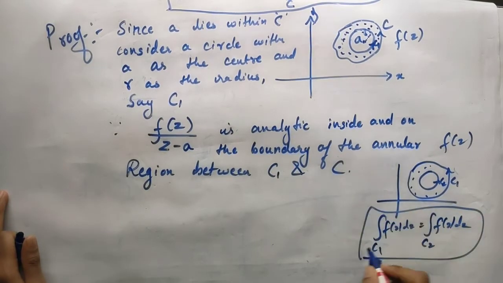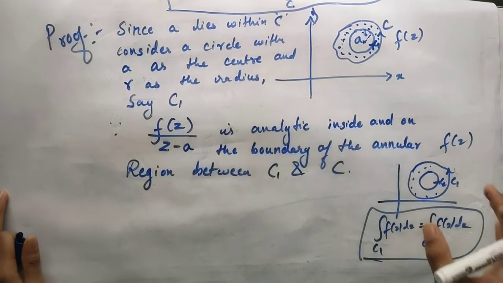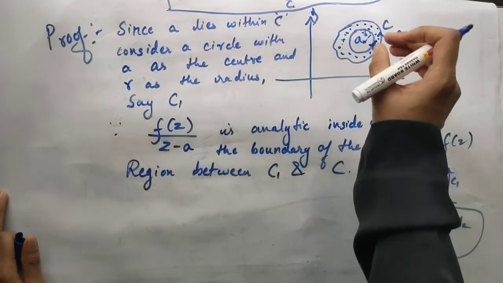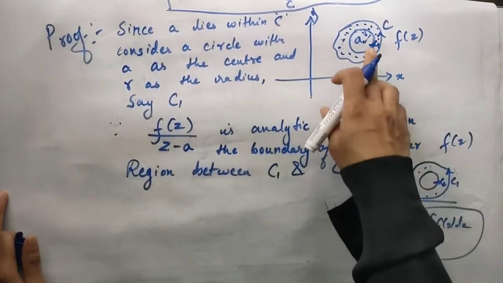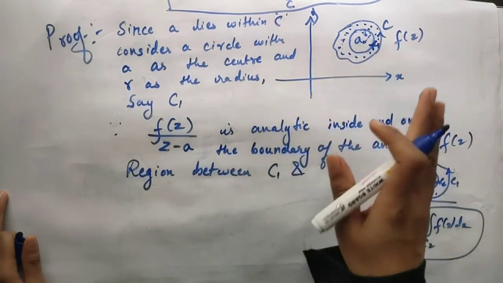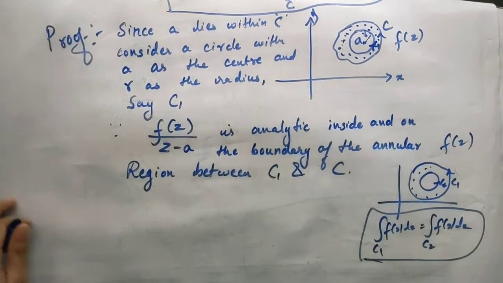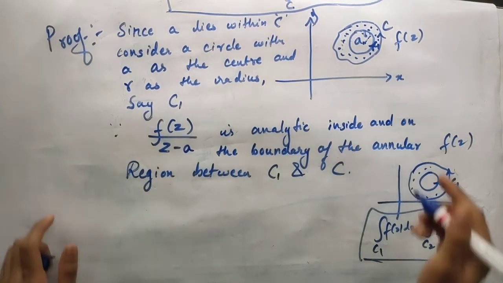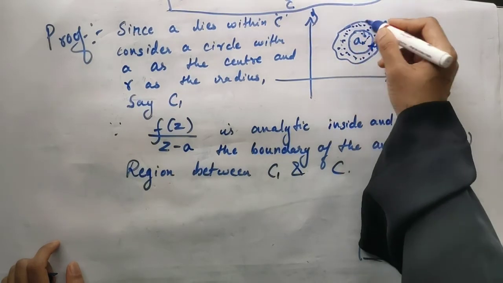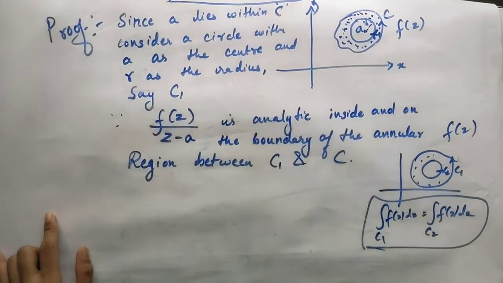This we have as a consequence, and a small part of the discussion we have done already in my previous session. So directly I am going to use it here. Here also I have got one annular region and two curves, where one curve, that is C1, is lying totally inside the other curve. So I can directly make use of that here, for this function, not for f of z, because this function is analytic in the annular region and on the boundary of the curves C and C1. So let's make use of it.